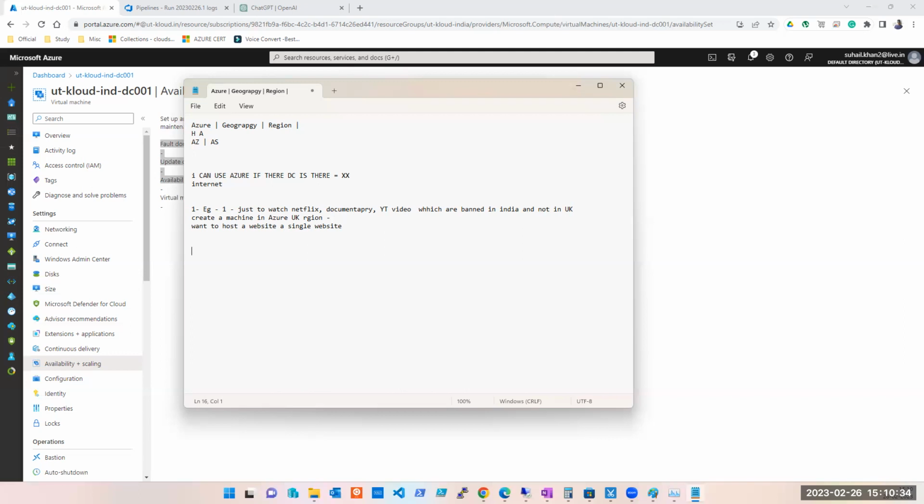This is one example. Again, it's the same example. Okay, I'm talking about the usage of Azure. This is one sort of example. Another example could be, I want to run an application